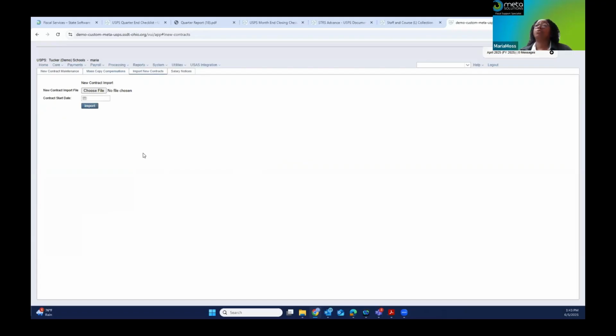And you can go through and do that. And I think we have a lot of districts who do use that one. So this is new contracts just for contracts, those compensation records that are labeled as contract. I see we have some chats. Yes, you can change your position numbers, but just not in advance for those who are STRS employees.